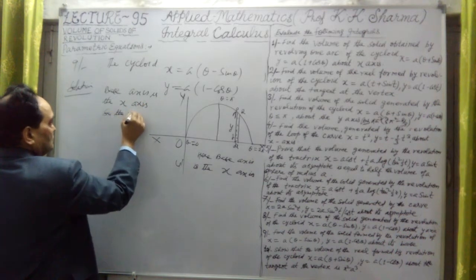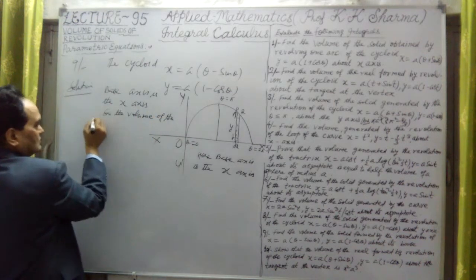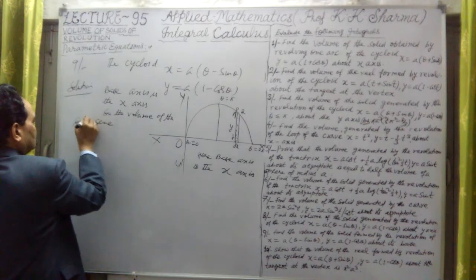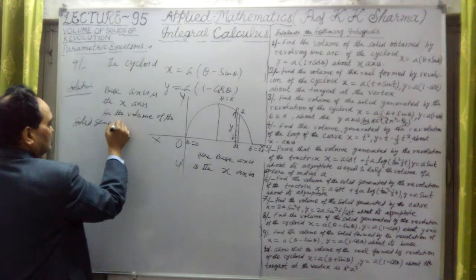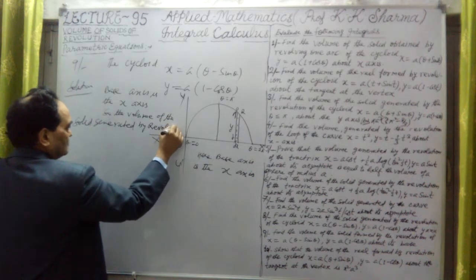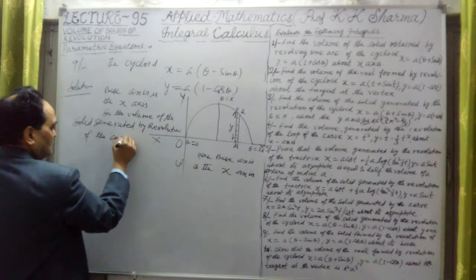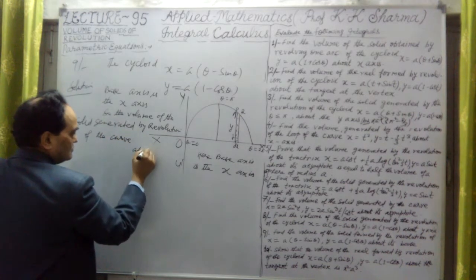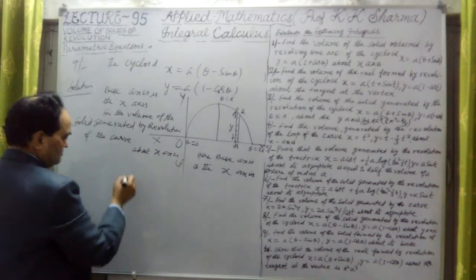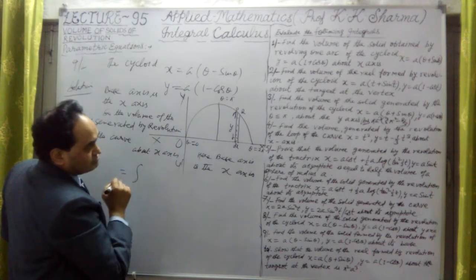So the volume of the solid generated by revolution of the curve about the x-axis is given by, let me take limits here 0 to pi, because